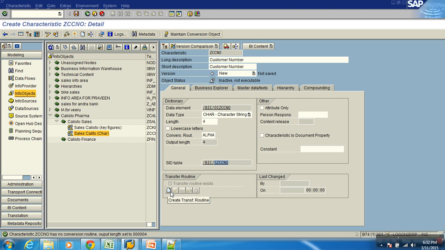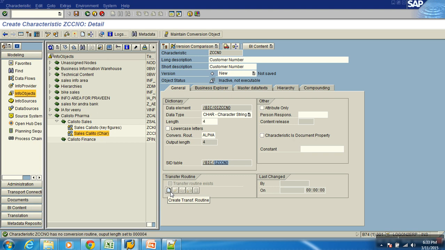I want to do some customer specific conversion. The best example could be WBS element. Now what happens is when you're storing the WBS element, you store without hyphens, like 00, 60, 90, all this. But when you're showing the WBS element, they expect to see 00 hyphen 00 hyphen, then 3 characters, hyphen. They want to have that kind of formatting for it. Then you can create your own transfer routines also. But we'll see that later.